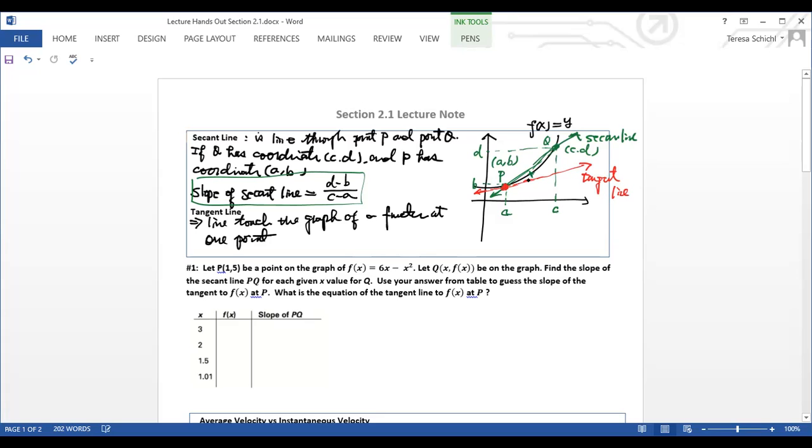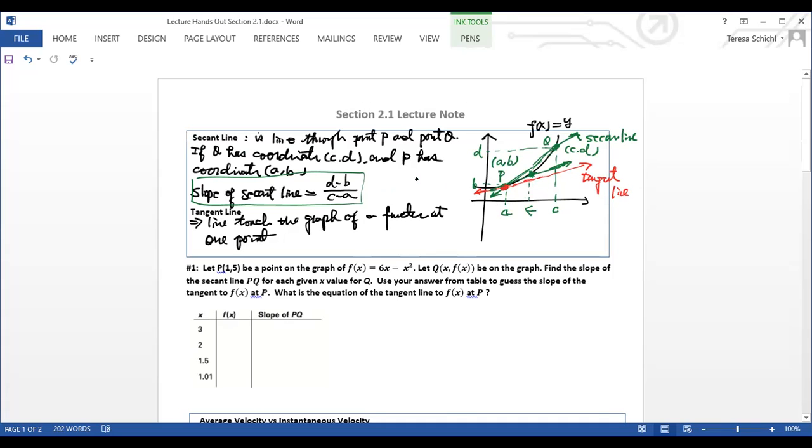So if you push the C over here, what happens? Your secant line is going to get closer and closer to the tangent line, right? When the C gets closer to the A here, then my secant line is getting closer and closer, right? If I push this C, look at this green one. This secant line is way closer than the original secant line to becoming my tangent